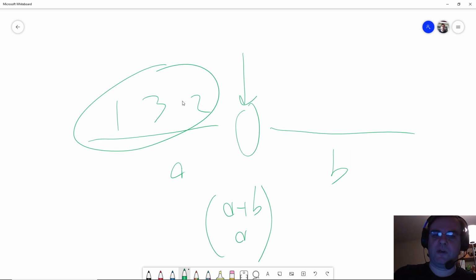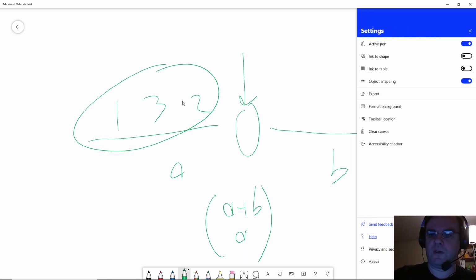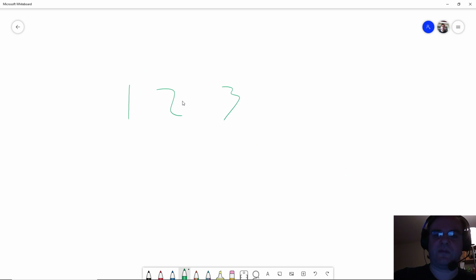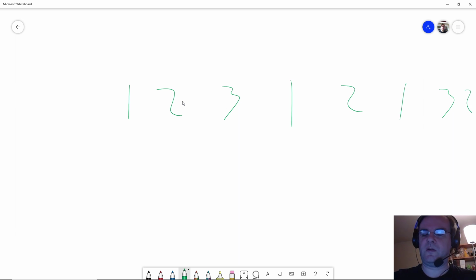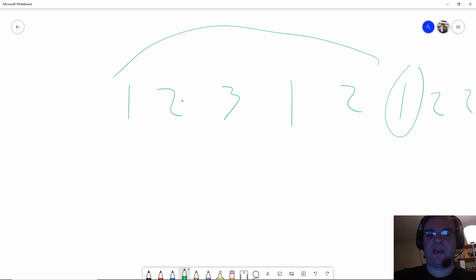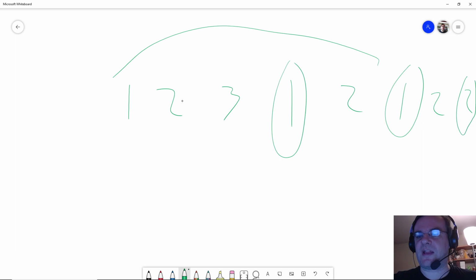Let me explain that a bit more. I look at my sequence of pancakes. It can't go up by more than one. So the largest element is going to be the very last one, and when I consider the sequence to the left, the next largest element is going to be the next one. When I consider the sequence on the right, the next largest element is going to be the last two, because I'm actually subtracting one from all of these. I have to subtract one from all of these and consider that sequence.